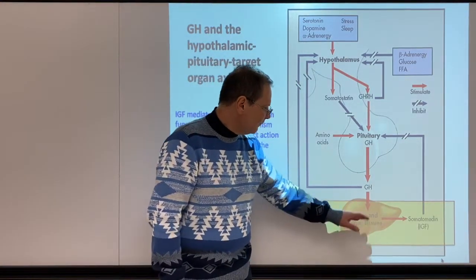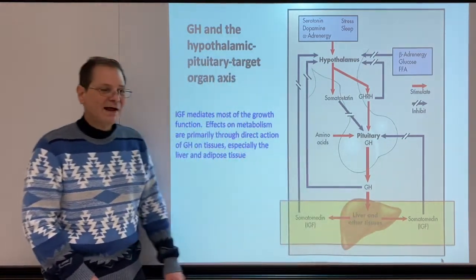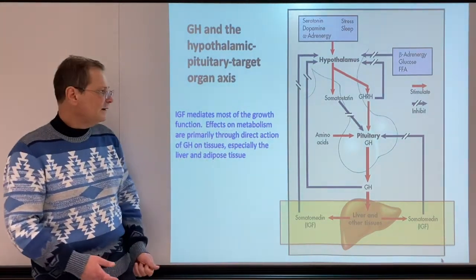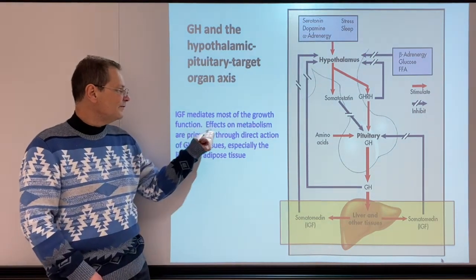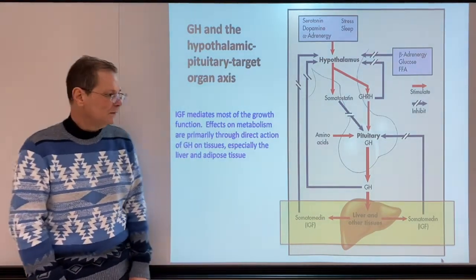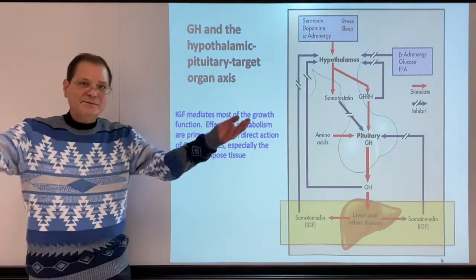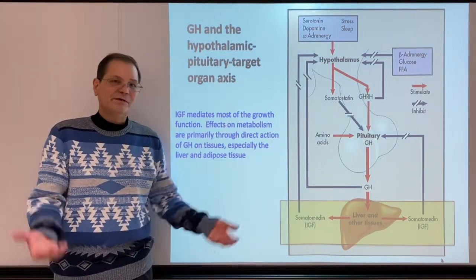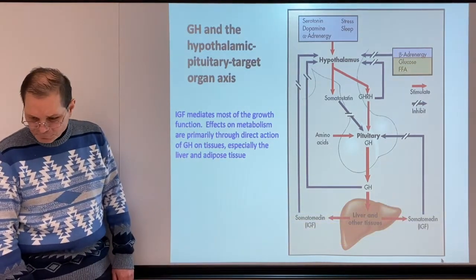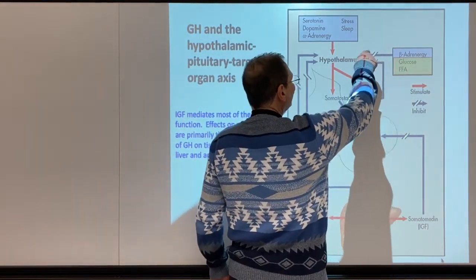But growth hormone also has direct effects upon particularly the liver and the adipose tissue and other tissues, and these are the effects that affect metabolism, okay? So IGF mediates most of the growth function, but the effects on metabolism are mediated mostly directly from growth hormone, okay? And the liver and the adipose tissue are very involved in that, okay? As you might expect, with a hormone whose job is going to be to increase blood glucose and free fatty acids, okay? And notice that high glucose, high fatty acids inhibits the